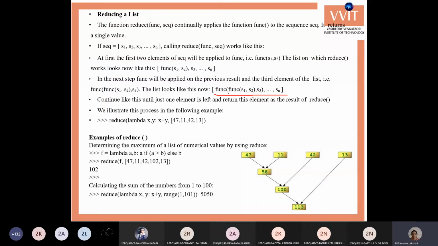The result of this function is used for the next function as an input value, and it uses the second parameter as the next value in the list. With these values it performs a function, and again this result is the input of another function. Like this it performs the operation on the values.